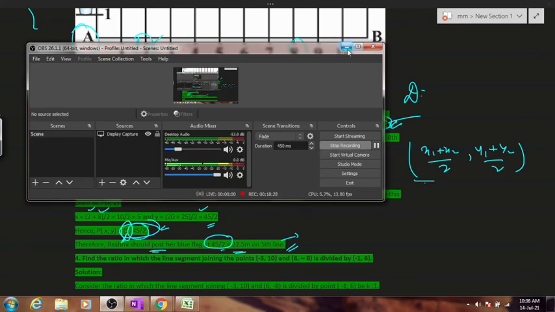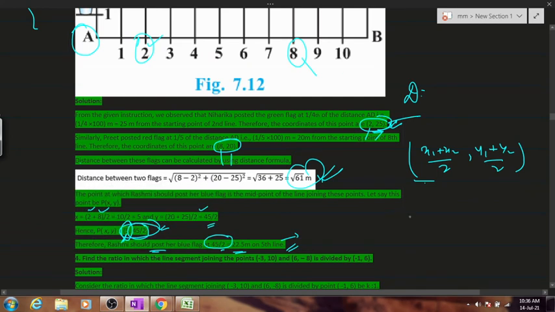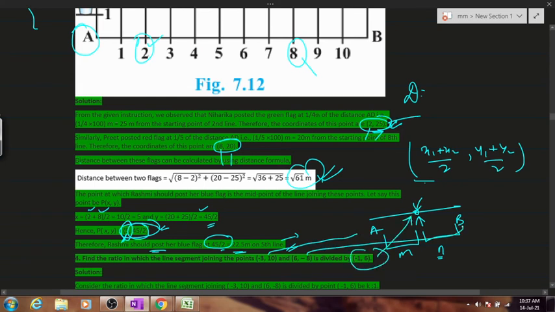Now, moving on to the next one. All this while we were finding the coordinates, right? This is A, this is B, and we have to find the coordinates. But now, this coordinate has been given to us, and we have to find the ratio m is to n. Clear? This point has been given to us. This is A, this is B, and this is the point that is sectioning the line segment AB. Understood?